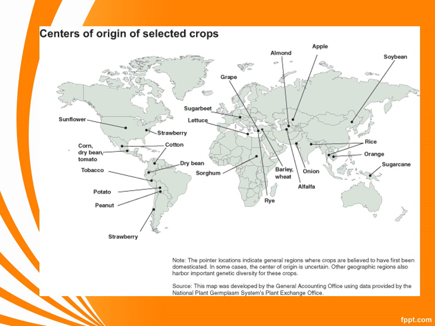You can see this is another map that gives you some more crops on what was being domesticated where. You can see some of the important crops that have huge impact on the world today. So, grapes within the Mediterranean is going to be very, very important. Barley and wheat is going to be hugely important for the Middle East, as well as the development of this thing called beer and ale.